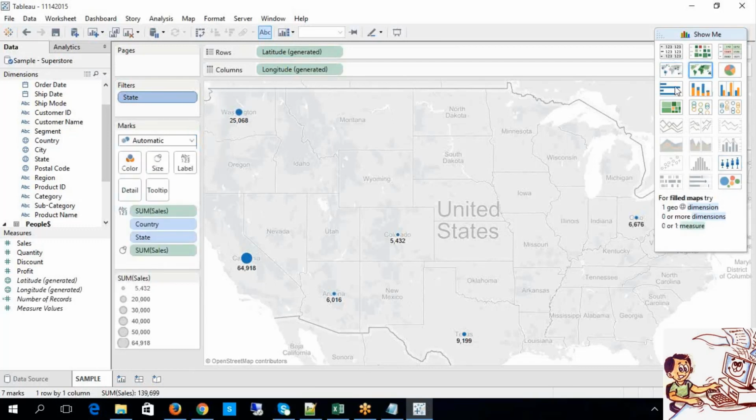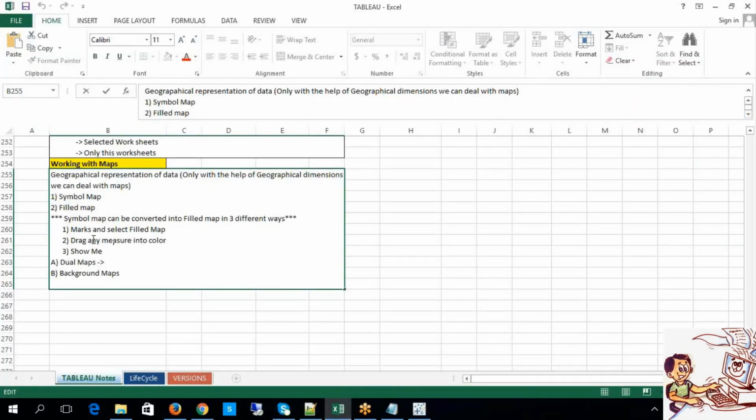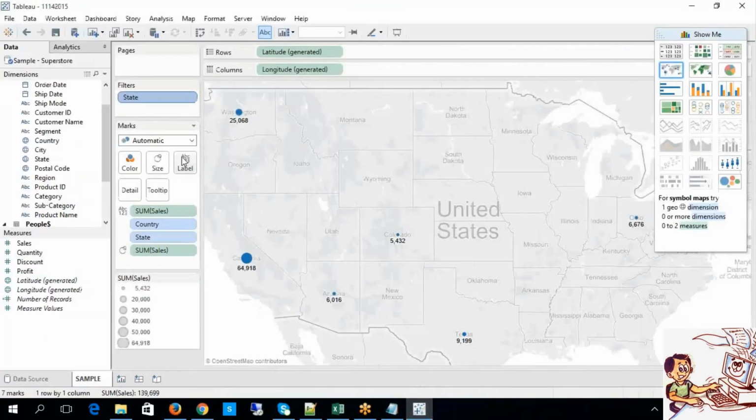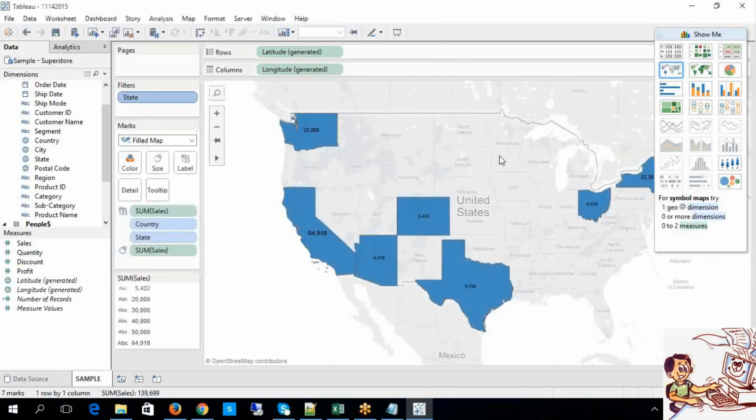To define a filled map, you have 3 approaches, guys. One is marks. Marks in the sense, this is the mark. So simply you need to select this filled map. See what happened? Top 7 states based upon the sales.